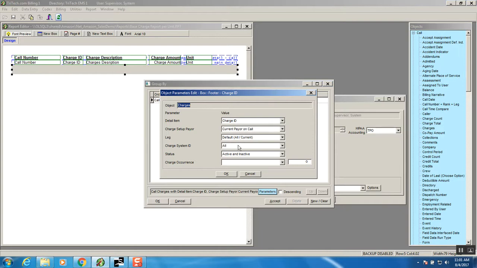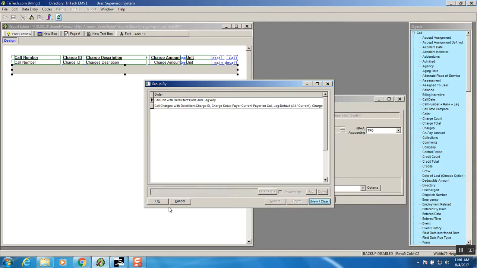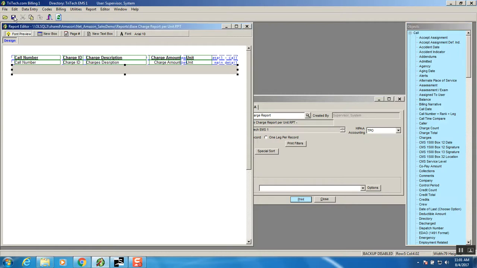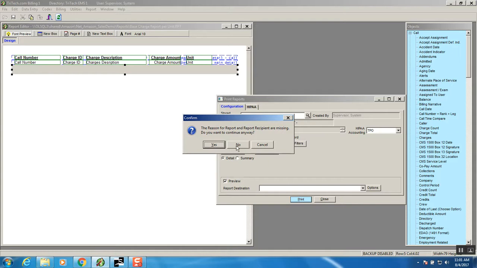Parameters, remember we had these here, we had used the base charge, active, and 1. Click OK, accept, OK, save, yes. Now when we print this,